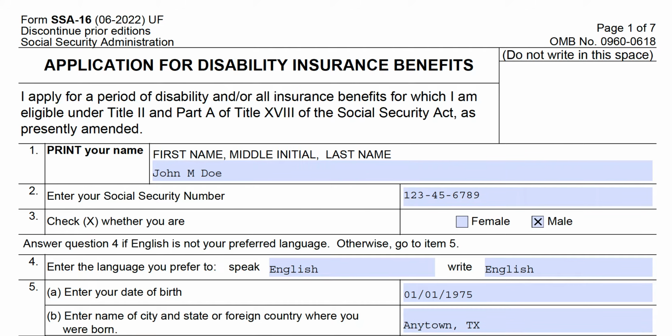Form 16, application for disability insurance benefits. So if you're applying for Social Security disability, this is the form that you would be completing. Sometimes you might be in a better position to go through this paperwork if you set up an appointment with the Social Security Administration, and other times you're going to possibly need to hire a third party that is experienced in completing disability claims. So in this video, we'll just walk through the form itself, but really the challenge that